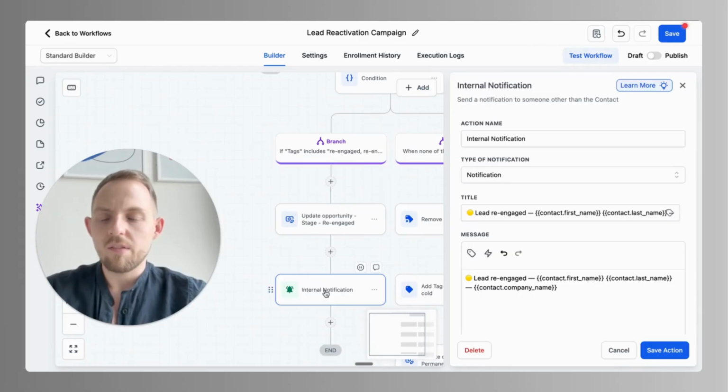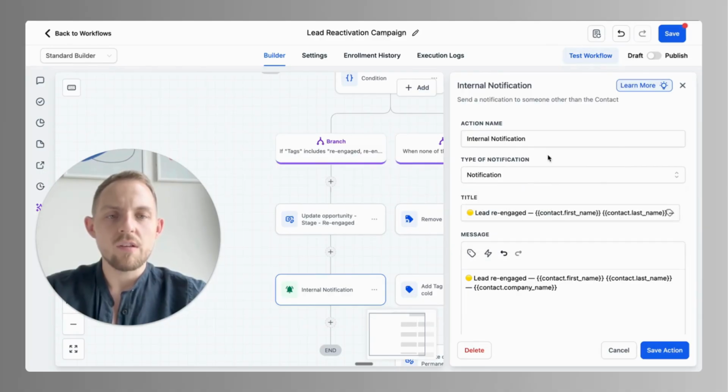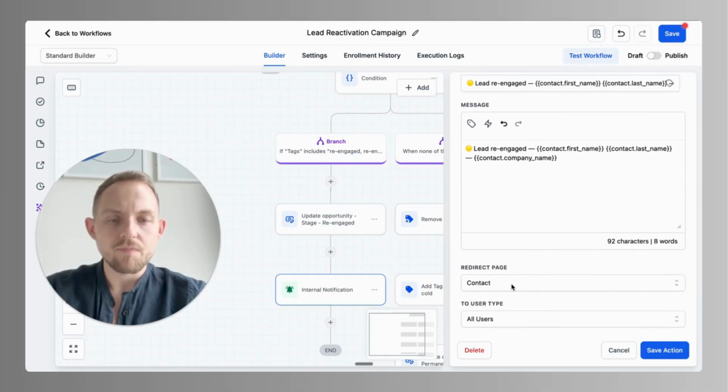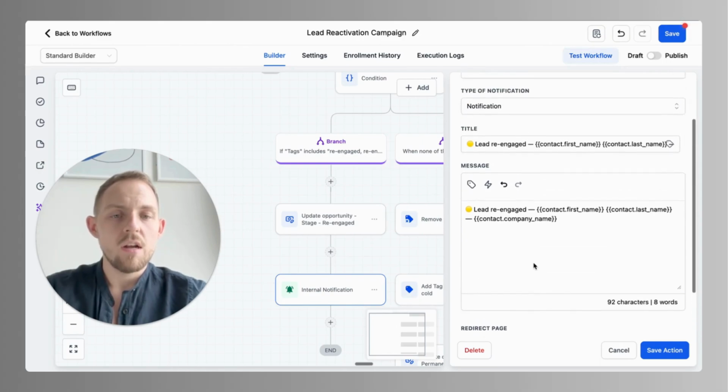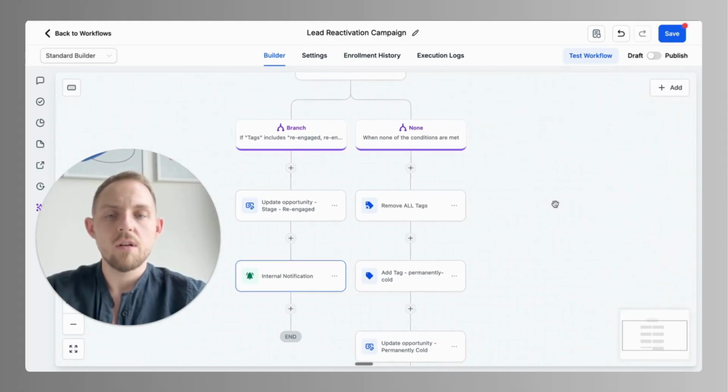But this one is different compared to the previous one, because the previous one was email notification. This one is internal notification inside GoHighLevel. And here we can set up who should get the notification, and what the message and the title of this notification should be. And after these 3 emails, if someone still has not re-engaged with our business,